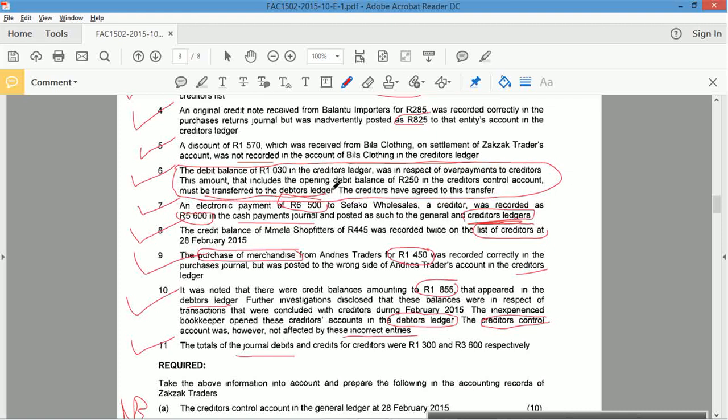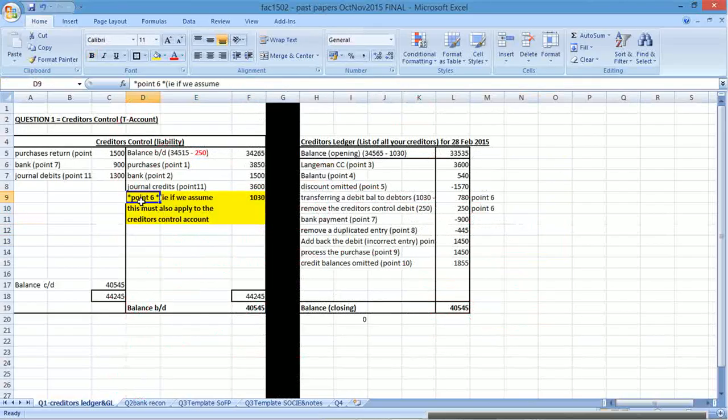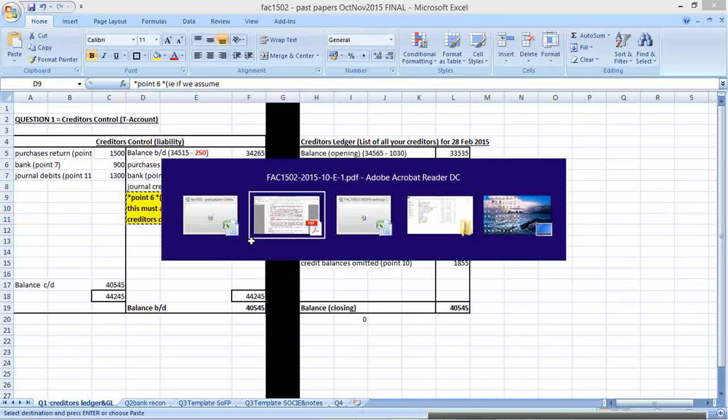Okay, if this must also apply to the creditor's control account, then it balances. Because this was a debit balance in the creditor's ledger, it wasn't only in the creditor's ledger, it would also be in the creditor's control. That's my assumption here, and that's why I put that in. So if I put this here,